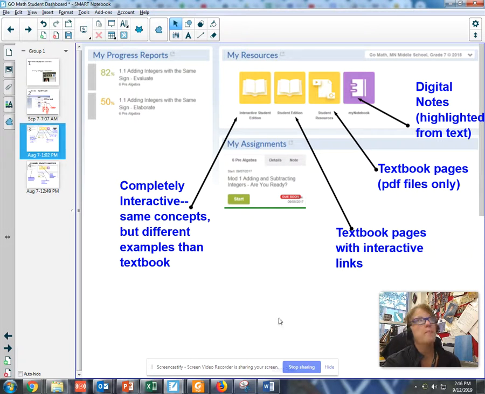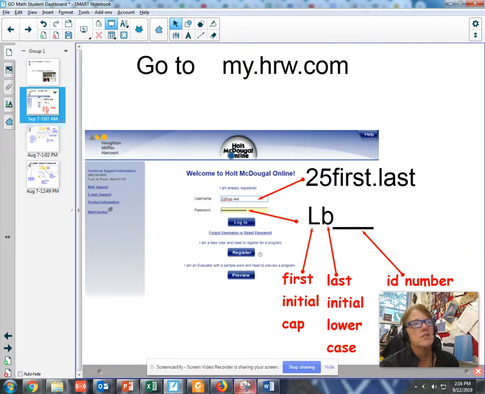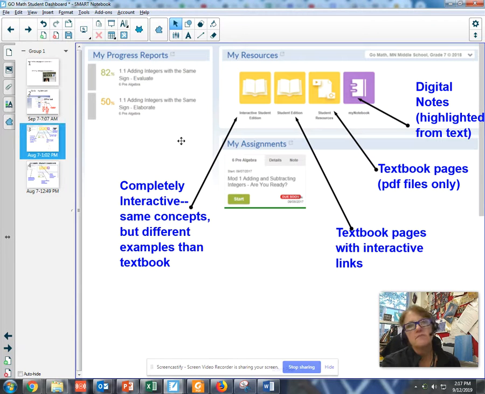Now here's what should happen. When you get to this screen on the Holt website, and by the way, I should have you go back for a second. At this point, make sure you also save this as a favorite. You can always use my webpage to launch here and save your password and everything, but it's just nice to have the bookmark. Then it's one click instead of 2 or 3 or 45. All right. Anytime you are not at school, and let's say you forgot your math textbook,